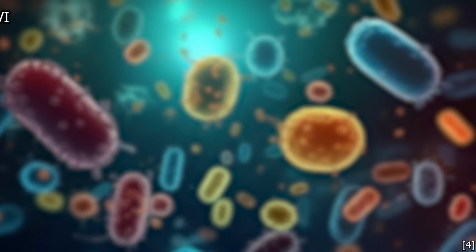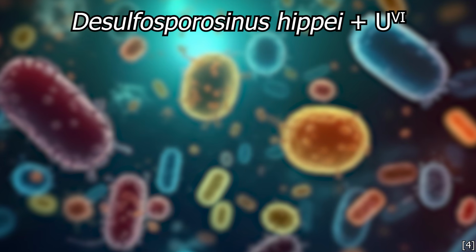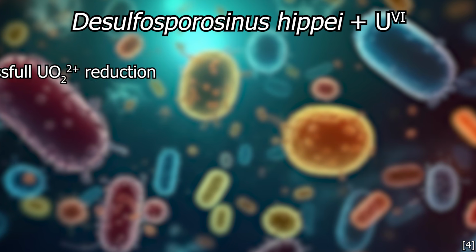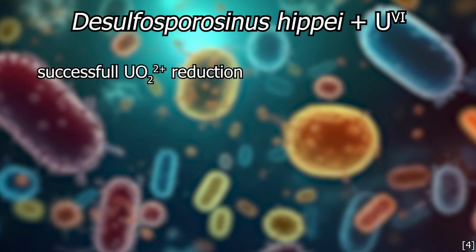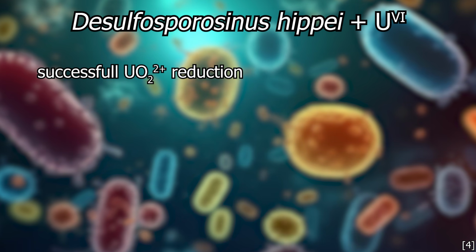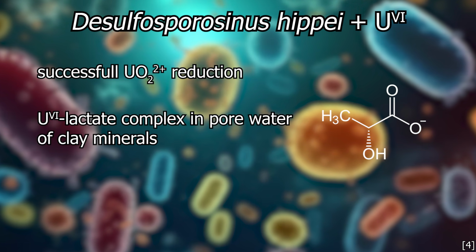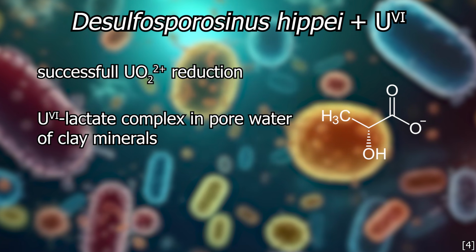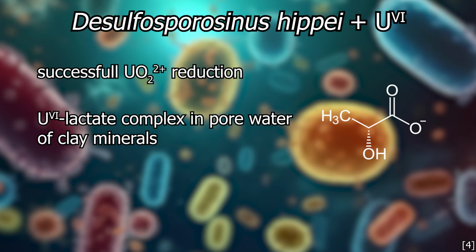To give a little background on this paper, in a previous paper it was shown that another bacterial species called Desulfosporosinus hippii DSM 8344T can reduce uranium 6+. But only if the hexavalent uranium is present as a uranyl ion in the form of a lactate complex. This lactate complex really does occur in pore water of certain clay minerals. And if that is the case, then Desulfosporosinus hippii reduces this uranium and immobilizes it due to the lower mobility